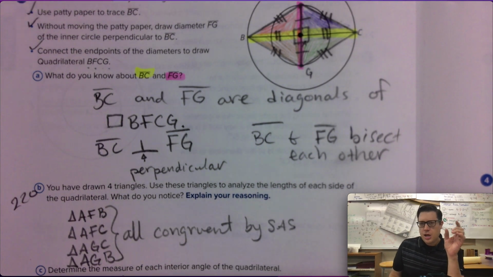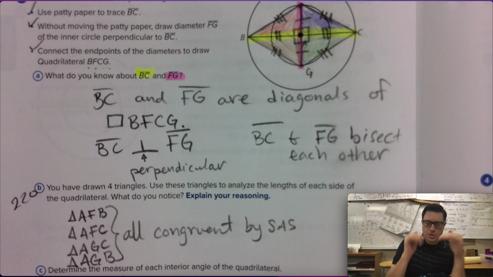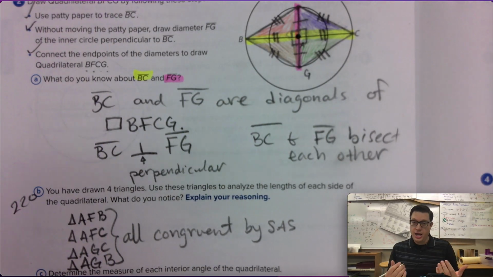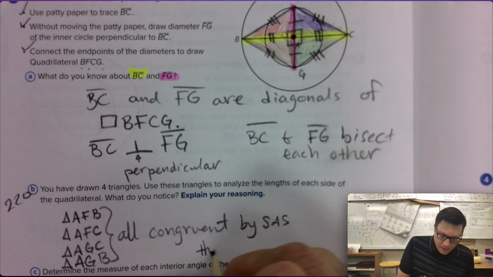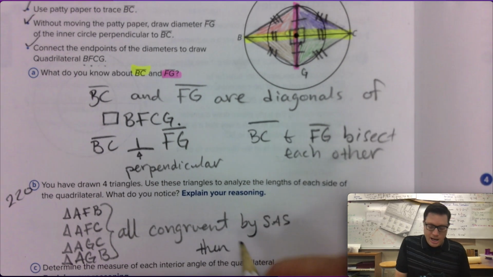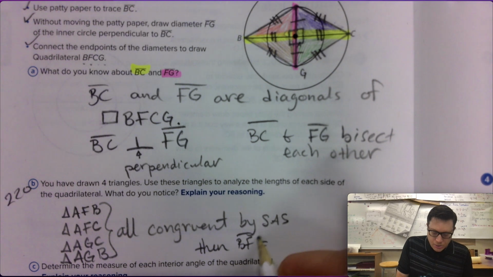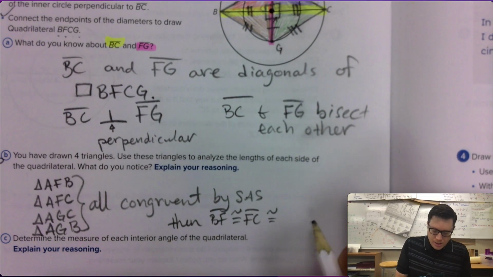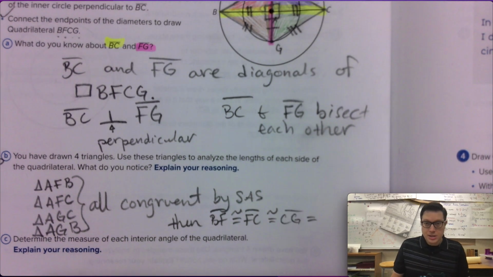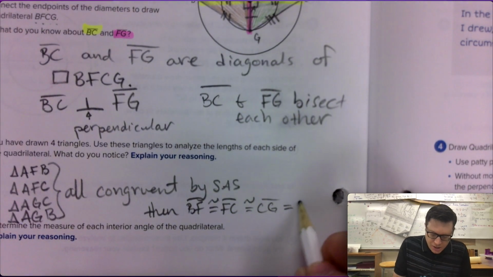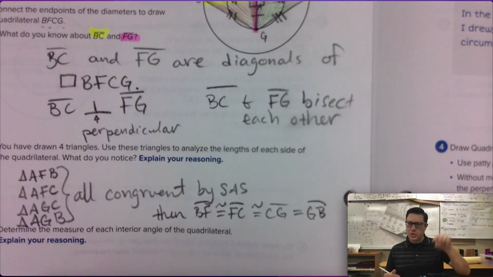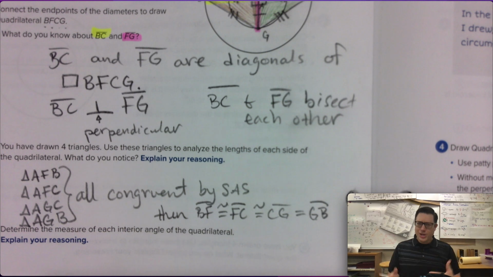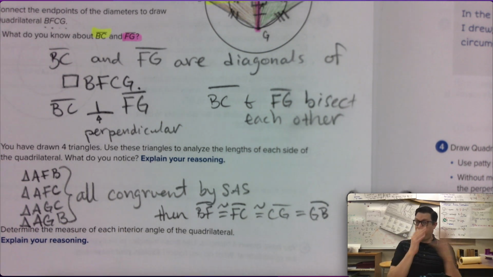Now because the side, angle, side match for all 4 triangles, that means BF is congruent to FC, is congruent to CG, is congruent to GB. That's why I put the 3 spikes in the last video, because right here in part B, I'm saying what's happening. And the only reason that that works is because if you know that the 4 triangles are all the